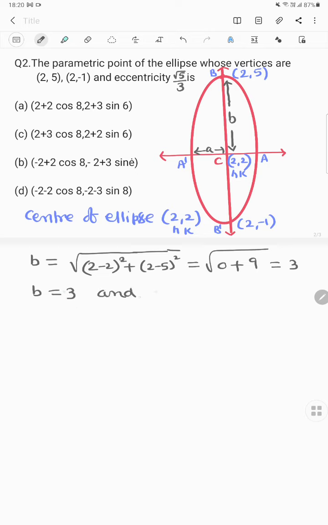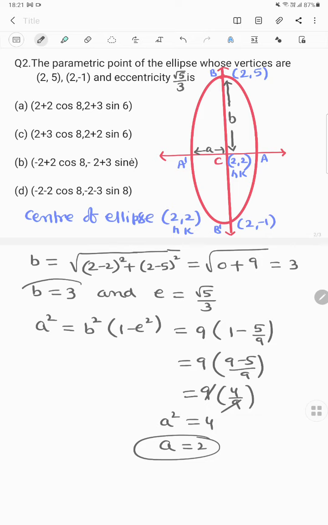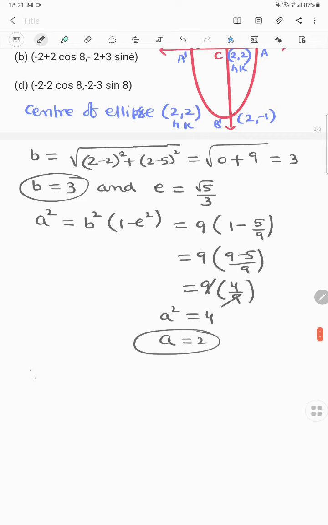and we have the E value, eccentricity is root 5 by 3, given in the question. Whenever we have the B value and E value, we know that A square equals B square into 1 minus E square. So B square means 9, 1 minus E square, root 5 by 3 whole square, so 5 by 9. Take LCM, 9 minus 5 by 9, which is equal to 9 into 4 by 9. 9 gets cancelled, 4. So A square is equal to 4, A is equal to 2. A value 2 and B value 3, h comma k is the center. Therefore, the required